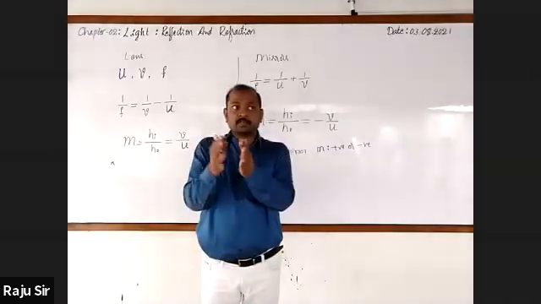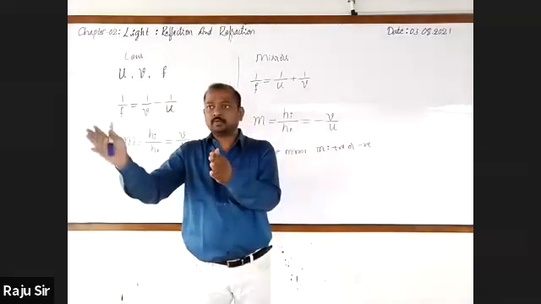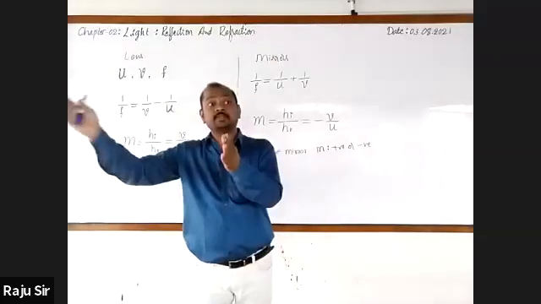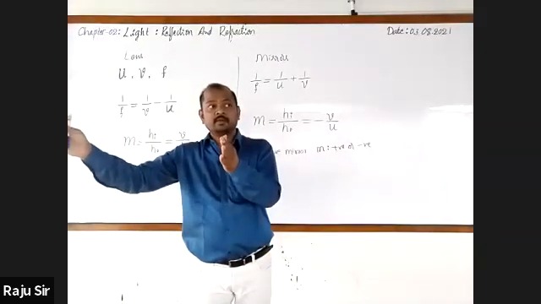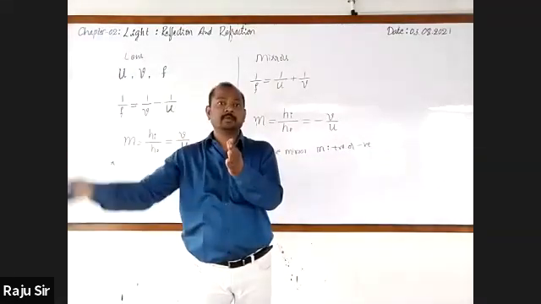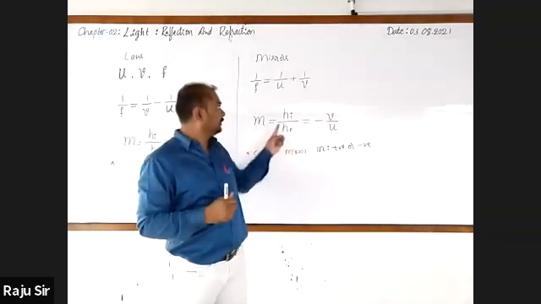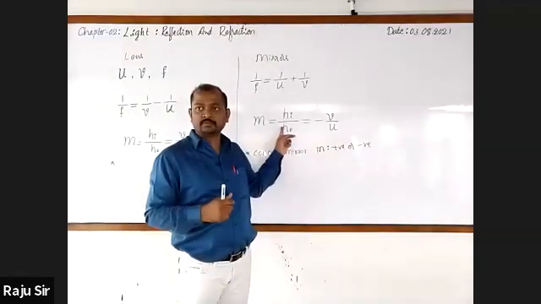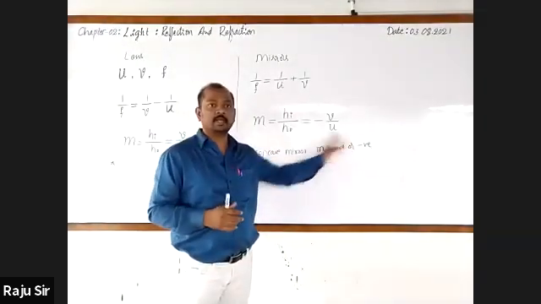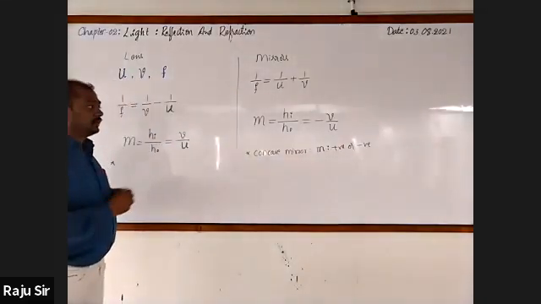In all other cases with respect to a concave mirror, you may place the object at f, between f and 2f, at 2f, or beyond 2f. The image is formed on the same side of the mirror as the object, and all will be inverted because images are formed below the principal axis. Height of the image is negative, height of the object is positive, therefore magnification will be negative. That we had learned.